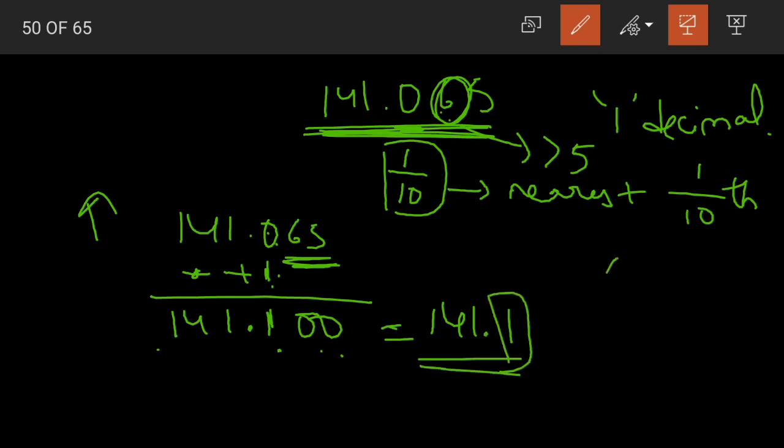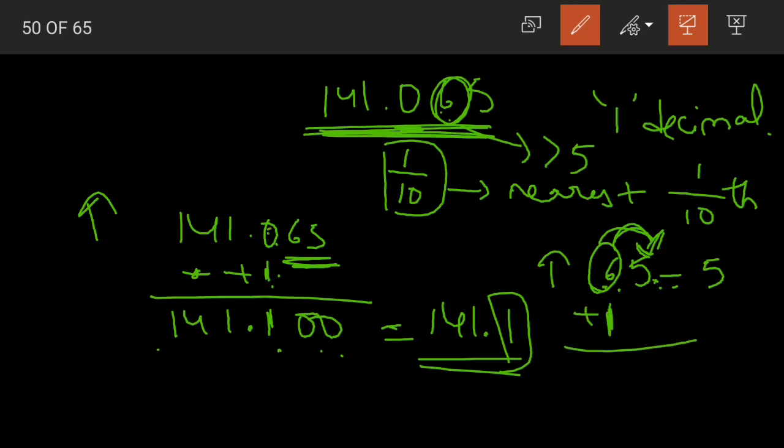This is just a simple rounding off of the given number. So suppose we have 65. We are rounding off to the nearest 10. We look at the digit in the ones place. Yes, that is the digit to its right. Now this is equal to 5. We'll round up. What will we do? We'll add 1 to our 10th place. Yes, children, the place that we are rounding off. So that is why here we are rounding off to 1/10, so I am adding 1 to the 1/10th place. 6 plus 1 becomes 7, and the remaining digits after it become zeros. That is what we have done here.